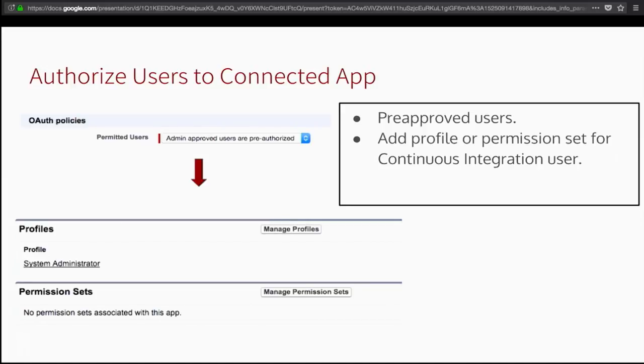I had to learn a bunch of new things to get through this setup myself. So I'm mostly a developer. But that's what we're going to do here. I've got system administrator selected as my pre-authorized user profile. You don't necessarily have to do that. It's going to be dependent on what profile and or permission set you're using to select your CI user. But you'll get that set up. And again, that just makes sure that there's not going to be any prompts required. This is going to be run in a fully automated fashion.